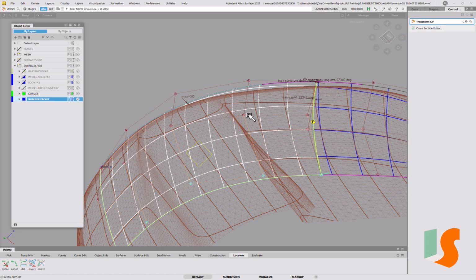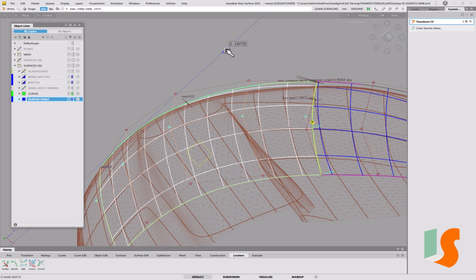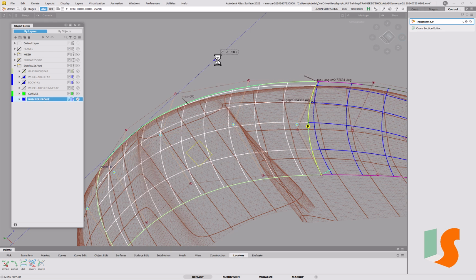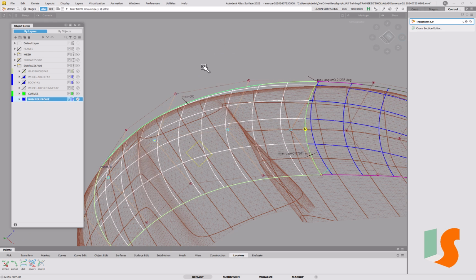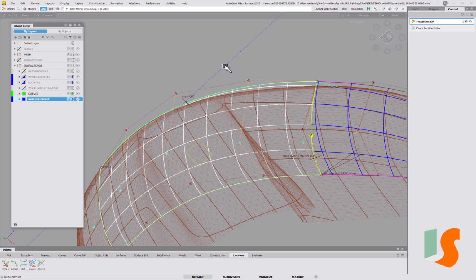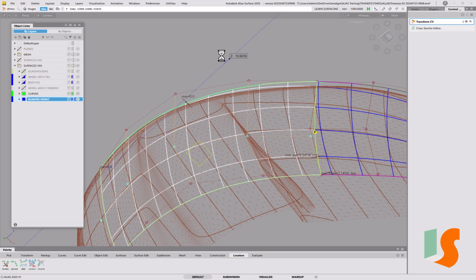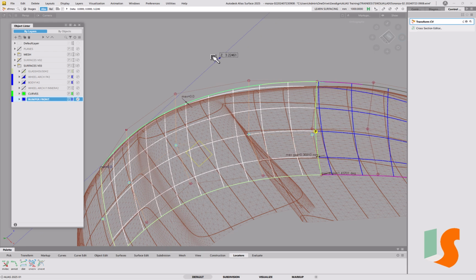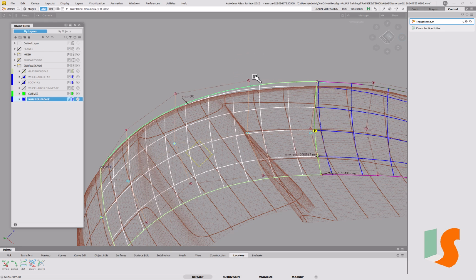So I think what I'll do is I'll move this hull here, I'll move that one downwards, so I'm just moving that in the Z direction. It's moving it way off the data, but then I'm going to move it back in the Z direction, and then back in the X direction rather. So I'm just moving it sometimes in X, sometimes in Z. You can see up there where the cursor is which direction I'm going in, so that's going in the Z direction. I'm just trying to get this spacing more equal at the same time as trying to get the shape